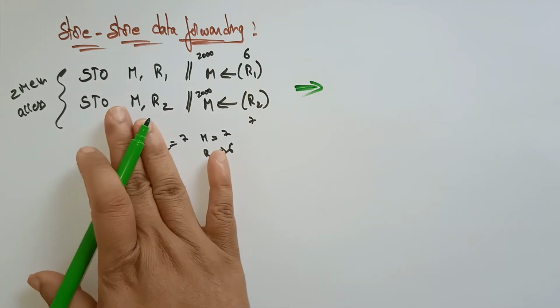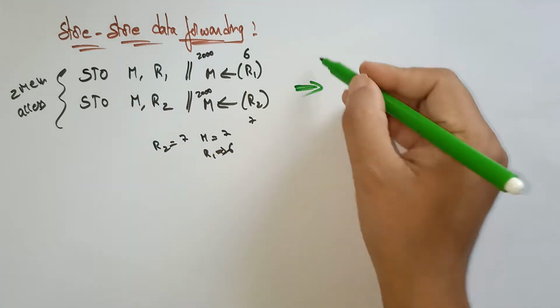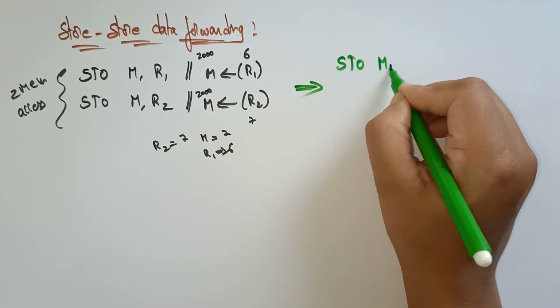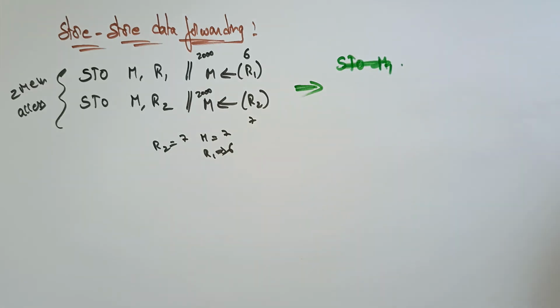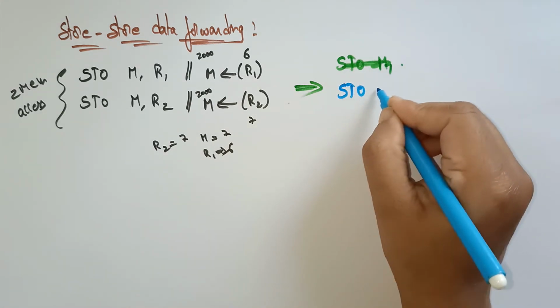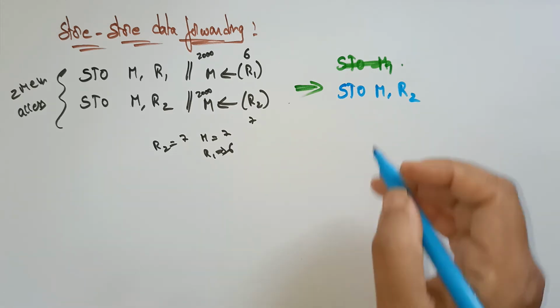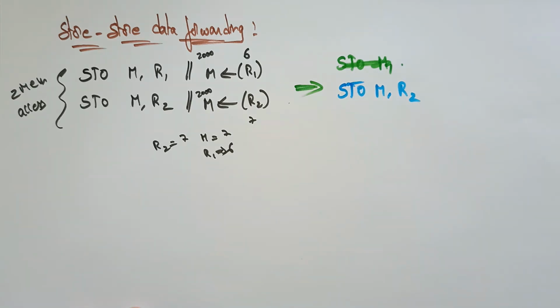Instead of the memory operation, I am replacing it with a register transfer operation. So I'm sorry, let me write store memory comma R2. I'm simply writing store memory comma R2. I don't want R1. Why would I require R1? Anyhow, R1 contains the 6 value. I don't require that because here I want to store in the memory, and the memory is anyhow storing only the 7 value. Then why should R1 enter into the store operation? So just remove that step. Simply write store memory comma R2.